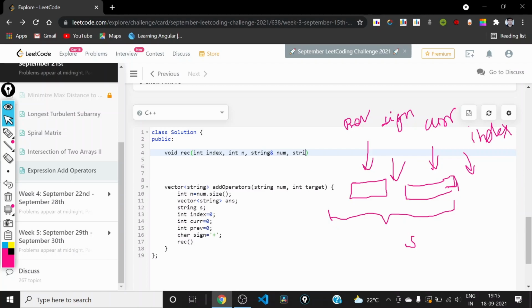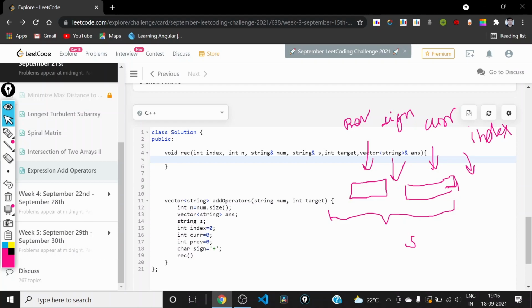We would also have the string s that will contain the expression that we have made. We will also need the target, and we will also need this vector answer so that we can push our generated strings into it.